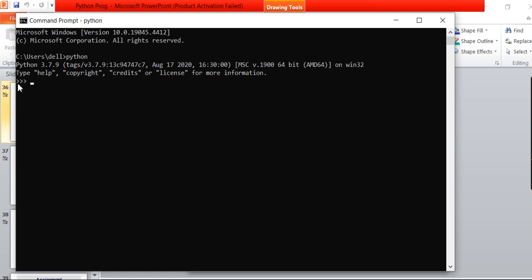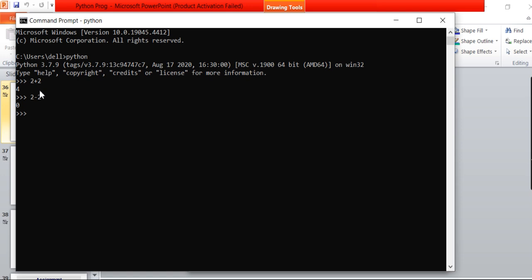You will observe these three arrows on your screen. These three arrows indicate that Python is ready to accept new inputs. It is just like your assistant. You can give a command to Python, it understands and evaluates it, and it prints the result. Let's do some basic operations in Python. Like I am doing addition here, 2 plus 2. It gives the result 4. If I am doing any subtraction here, it gives the result.